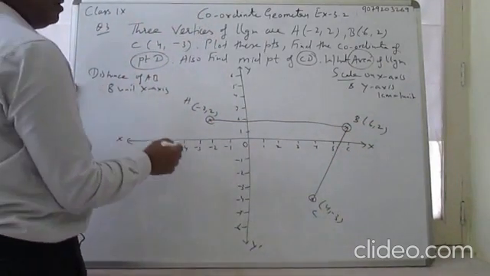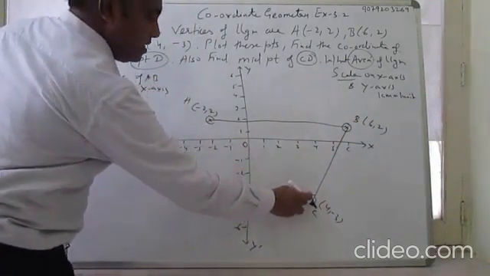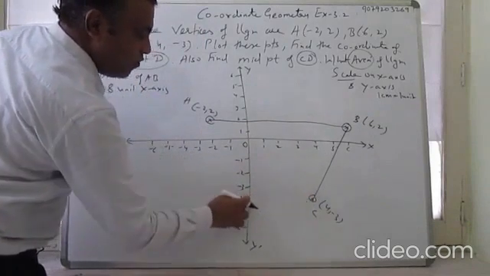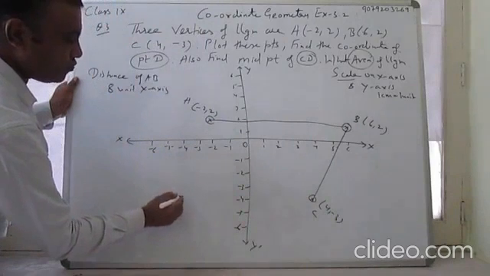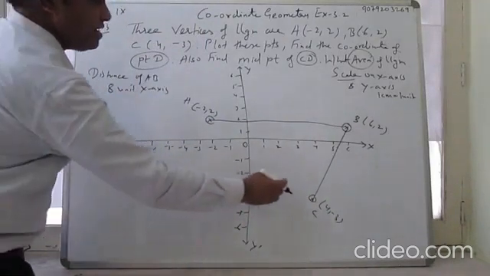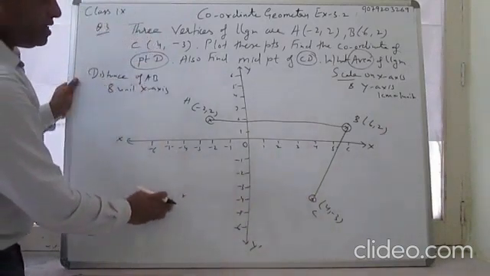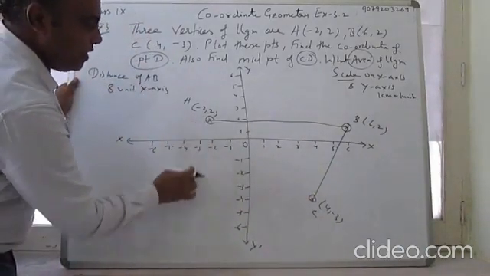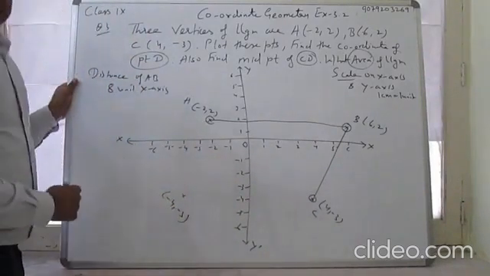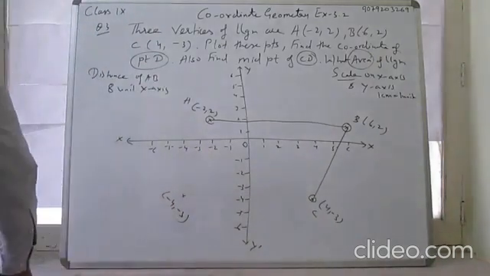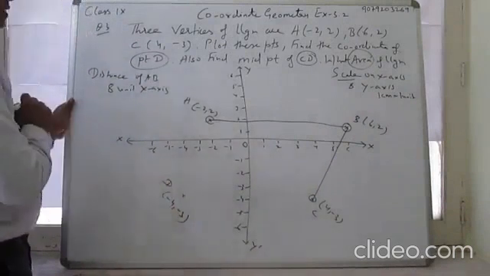So we will take a point 8 units from C on the x-axis. 4 is here and -4 is here. So it is -4. Also, you can take the reflection of point C: -4, and the distance is 3, so it is -3. -4, -3 is point D. Join the points. This is point D.